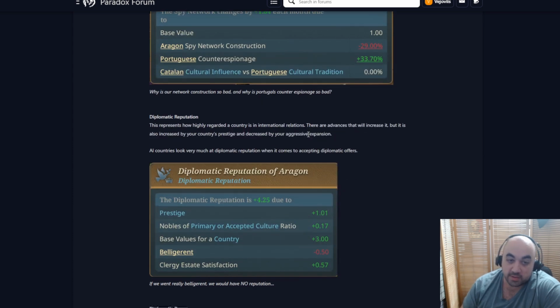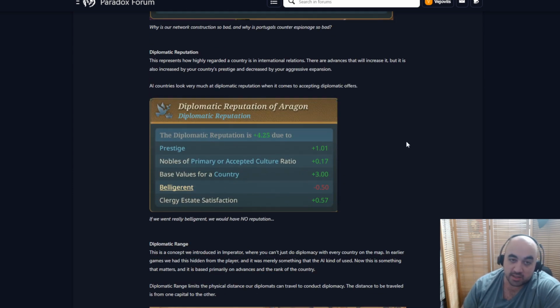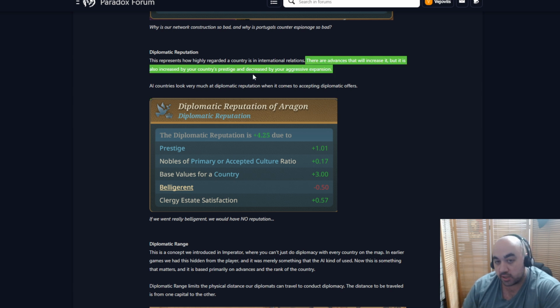Okay, we have diplomatic reputation. A lot of this is carried over from EU4. This represents how highly regarded a country is in international relations. There are advances that will increase it. Notably, if you have a fancier car, people will regard you more highly, especially if it's loud and it's outside. There are advances that will increase it, but this is also increased by your country's prestige and decreased by your